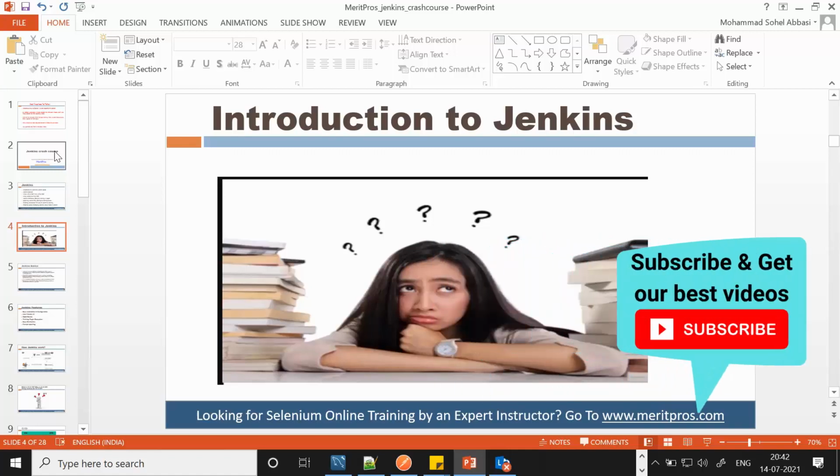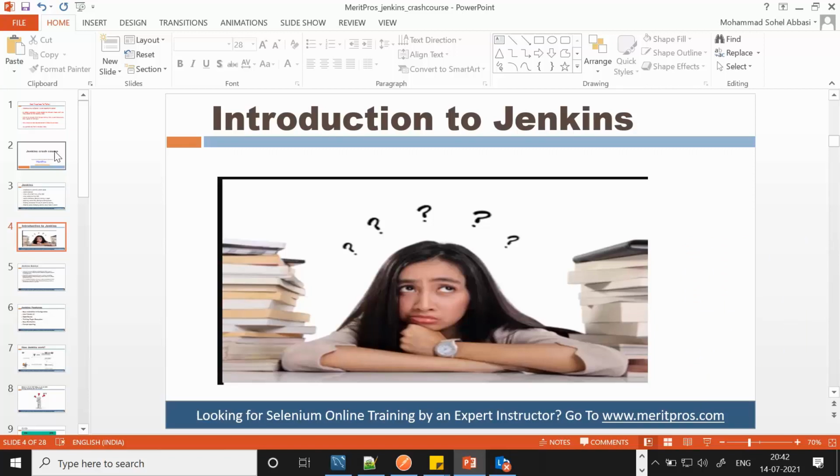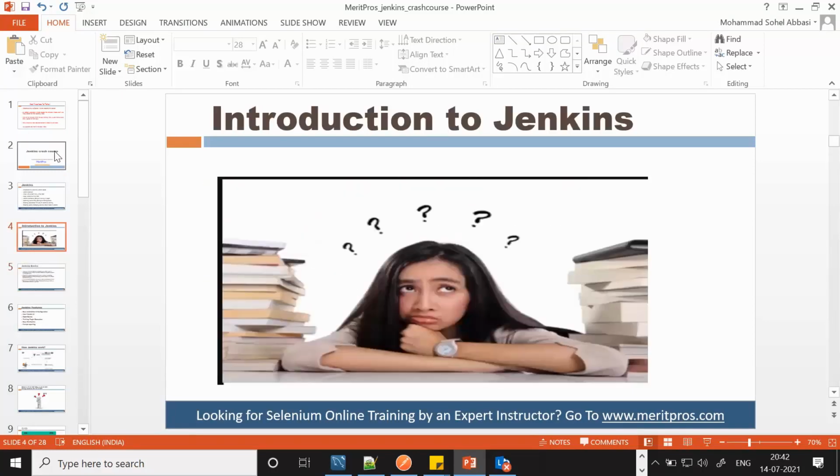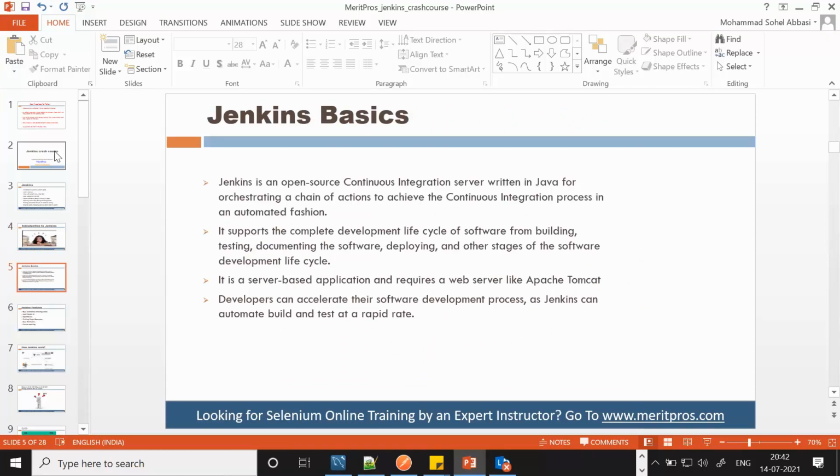So everyone was looking for one particular tool, one particular platform, that could troubleshoot this problem. Then one organization came up with a suggestion, and the solution was Jenkins. Now let me take you to the Jenkins basics. What is Jenkins basically? Like I said, you can push your code in order to test it multiple times automatically.